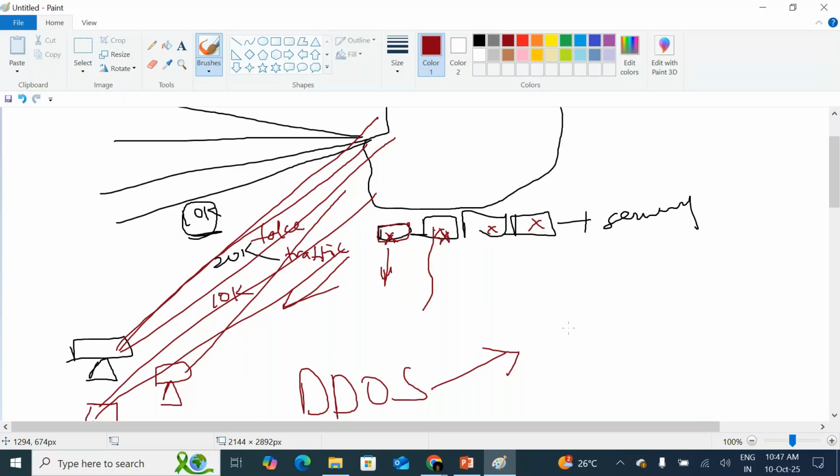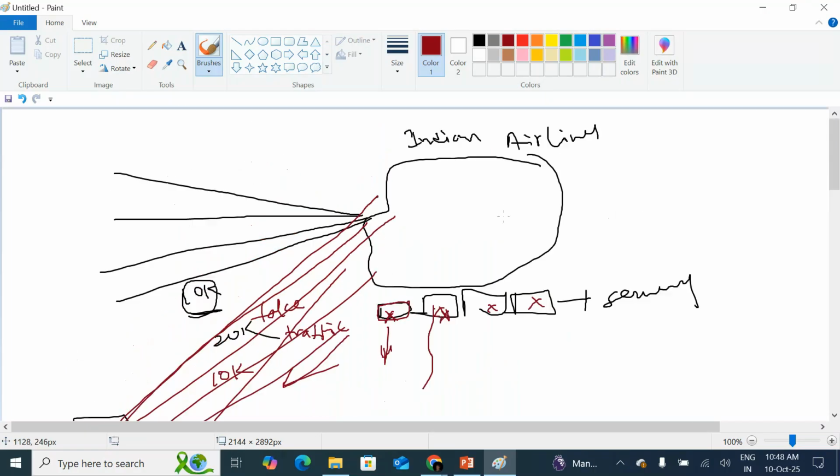We will see these mitigations later. But do you understand what a DDoS attack is? DDoS is distributed denial of service: multiple systems involved in the process to attack the online services, working with a botnet. Botnet means robot activity. So in a zombie attack, one server is infected, meaning that server acts as part of the attacker's activity. Understand, sir? This is called a zombie attack.